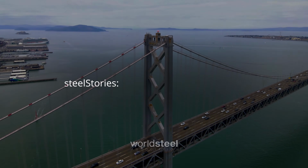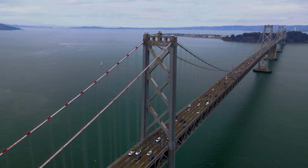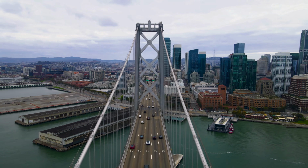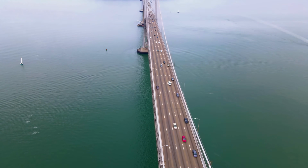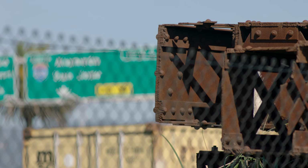The Bay Bridge connects San Francisco and Oakland and remains one of the busiest bridges in the United States. Completed in 1936, the bridge carries over 90 million people across the bay every year. When its eastern span was damaged in the 1989 earthquake, the question wasn't just how to rebuild, but what to